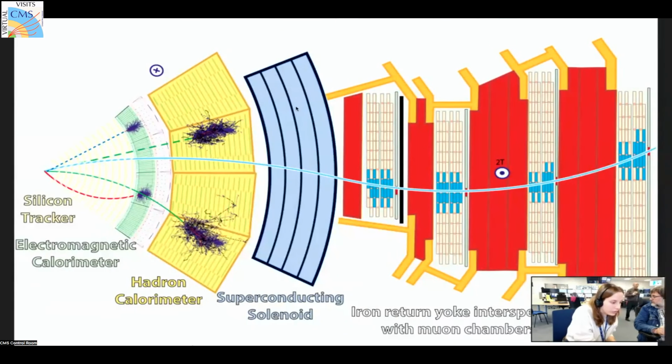After that, you have the superconducting solenoid, which is used to bend particles. Why? If you have, for example, an electron flying,